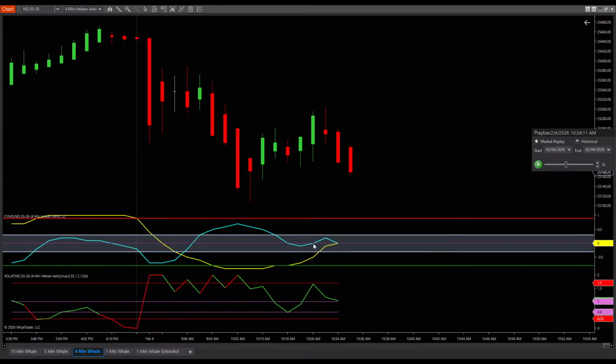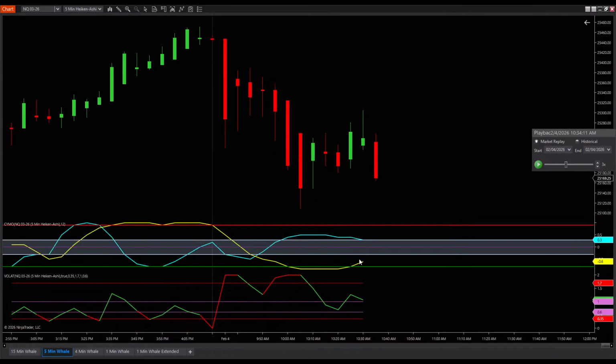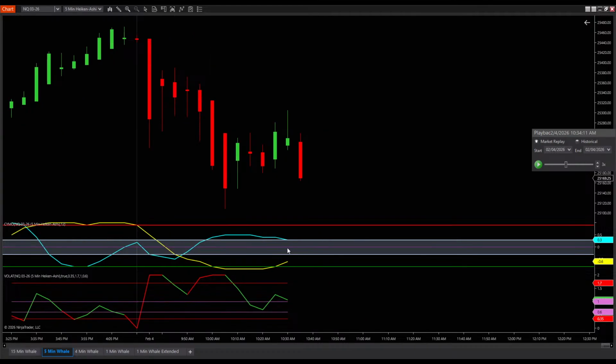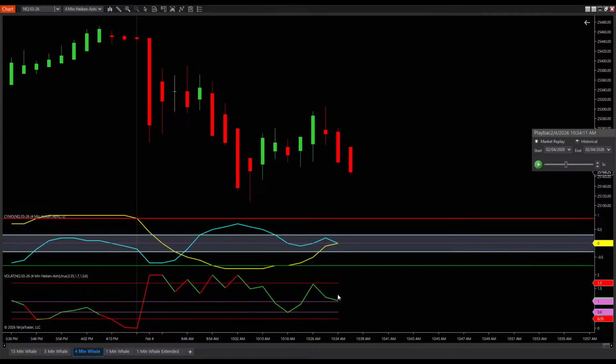But now, all of a sudden, you're back here at the 0 line. Remember, your bias hasn't changed. It's still to the downside right here, okay? Your 5 minute, and everything's pointing that price is going to go down with high volatility right there. So it's definitely intentional. It is going down. Your 5 minute, however, is not even at the 0 line yet, so there's no maximum point of energy here.